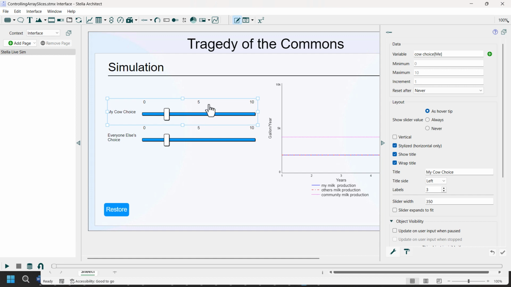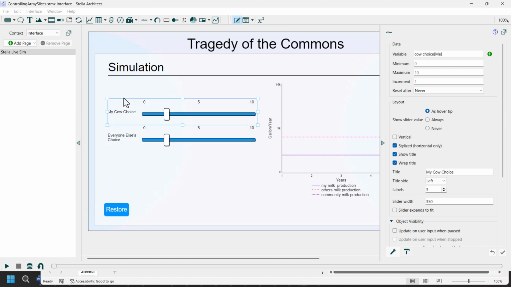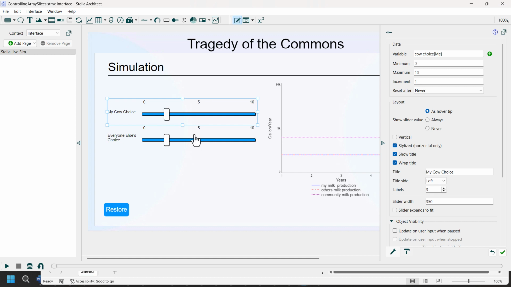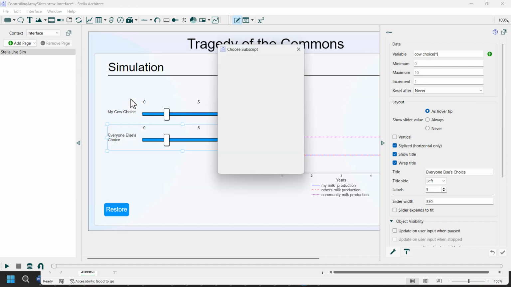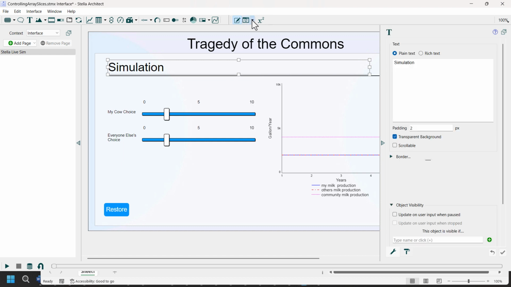And so what I'm doing is, this is a slider. I've chosen cow choice, and I've said this will be for me. And then I've taken a second slider, cow choice again, but instead of being for me, in this case it will be for everyone, which includes me. Now, when I run this model,